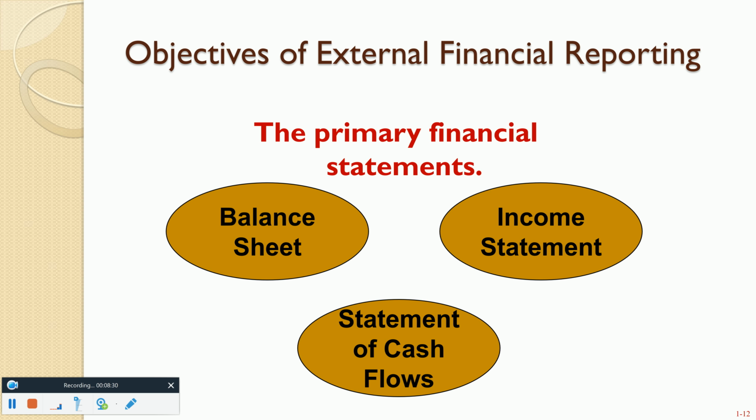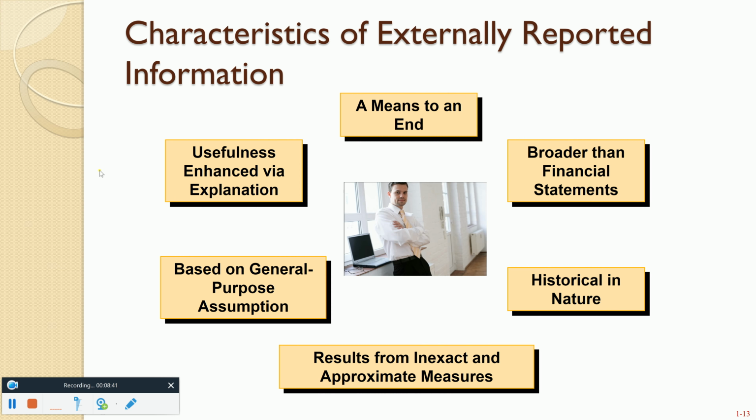The balance sheet, the income statement, and the cash flow statement. And as I said a few seconds ago, I will add one more to this list, the stockholders' equity statement. Those are the primary financial statements. And what do these financial statements do? These financial statements basically paint the financial picture of the organization for external users, whether it's the SEC or the IRS or the bank or potential investors.